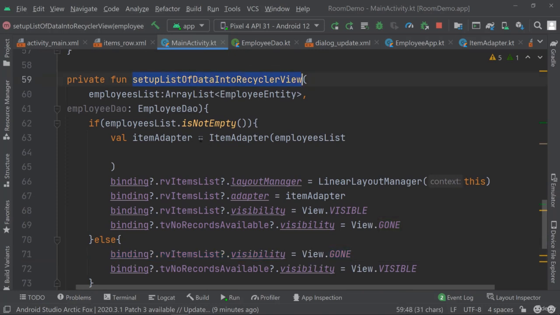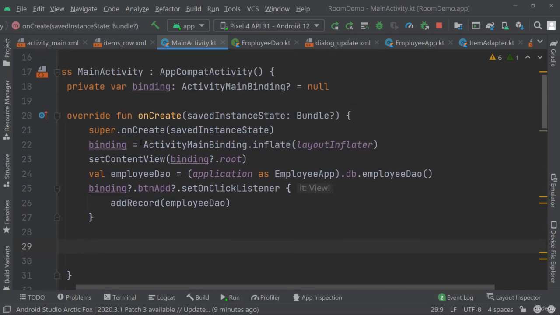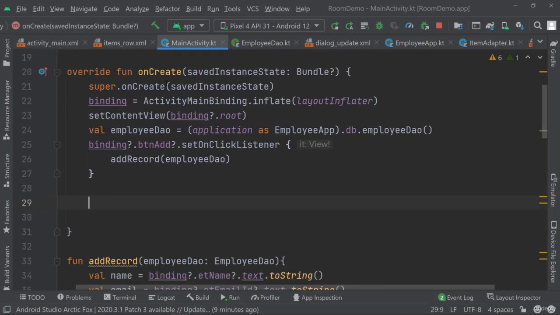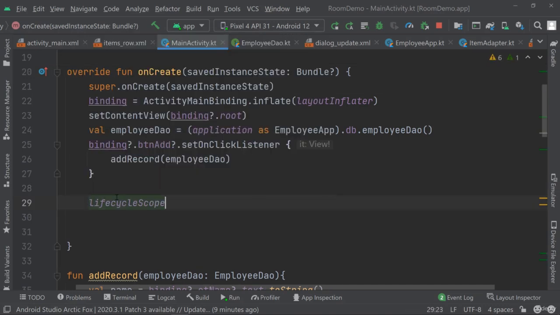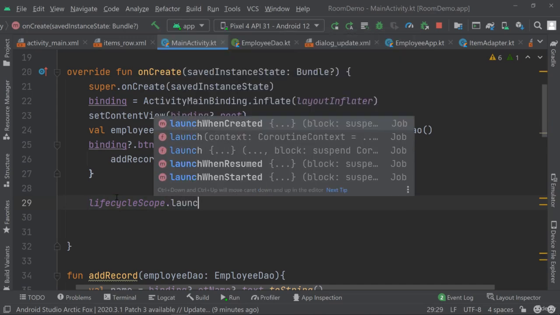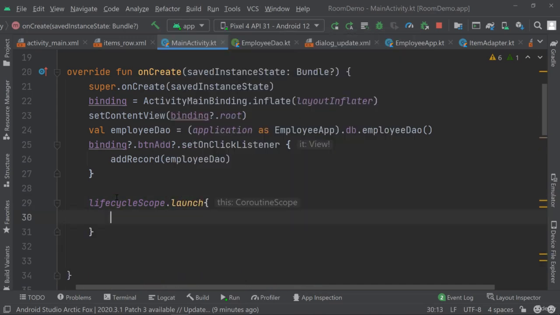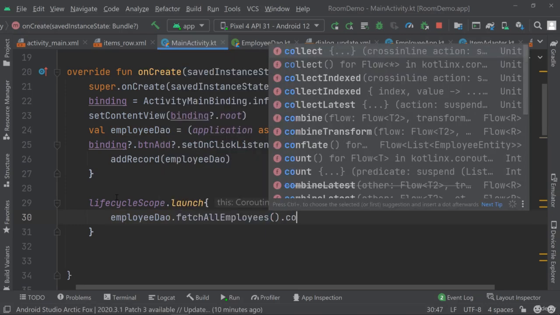So at this point, we can call this setup list of data into recycler view method inside of our onCreate method, which I will do in here. Okay. So here onCreate, let's go ahead and set that up. So this will have to run in the background because we're loading data, right? So let's launch a coroutine here, which will use our employee DAO to fetch all employees, and it will collect